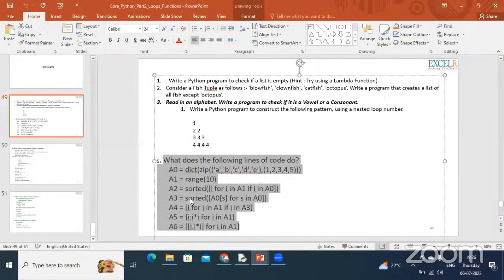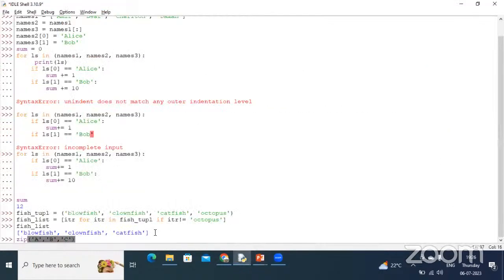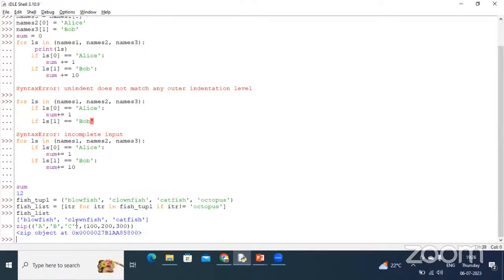It zips like this. Then suppose marks 100, 200, 300. If you put these two tuples into zip, then it creates a zip object, which